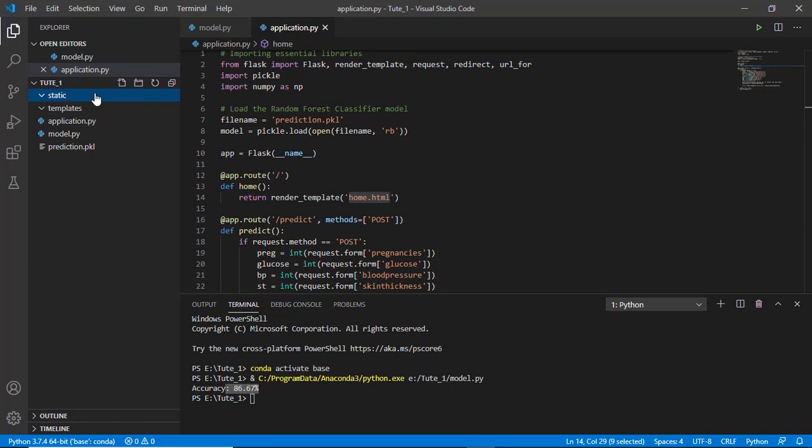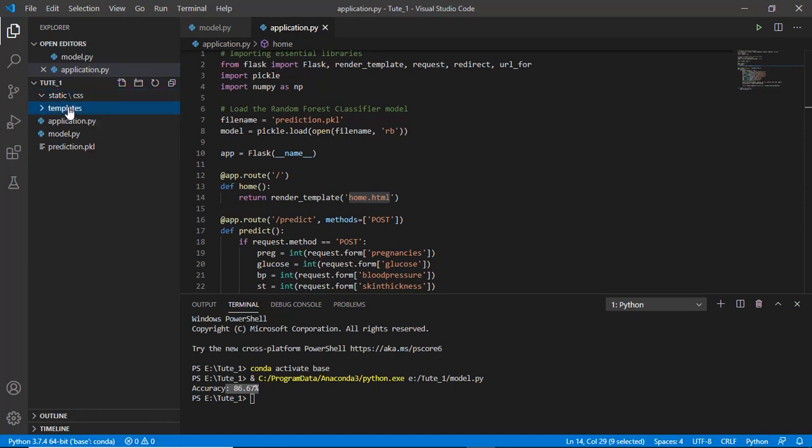Flask automatically configures all those settings. So now I'm going to create one more folder inside static named CSS. And if you want to create more folders like image or JS, you can create them here inside static.